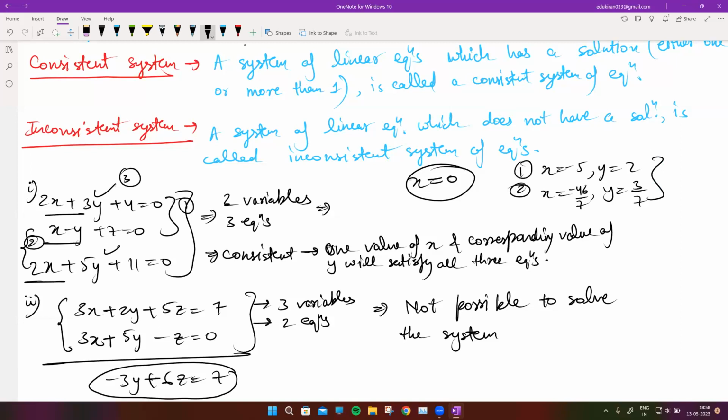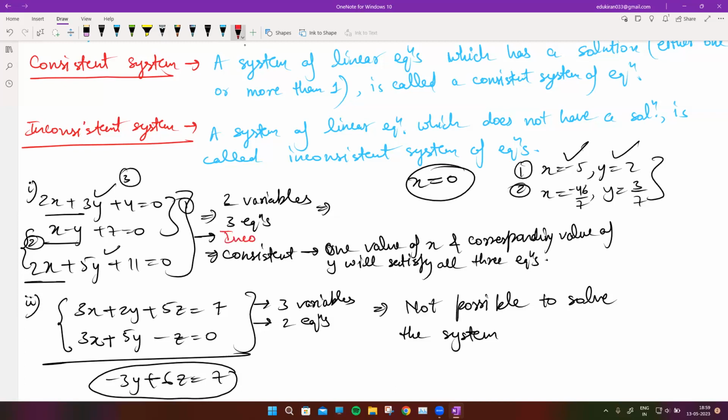The first part is giving you the solution: x is equal to -5 and y is equal to 2. And the second part is telling you that x is equal to minus 46 by 7 and y is equal to 3 by 7, solving them simultaneously. If the value of x had been -5 and y equal to 2, in that case, I could say the system is consistent because the values of x and y are the same for all three. But in this case, no, this system is not consistent,